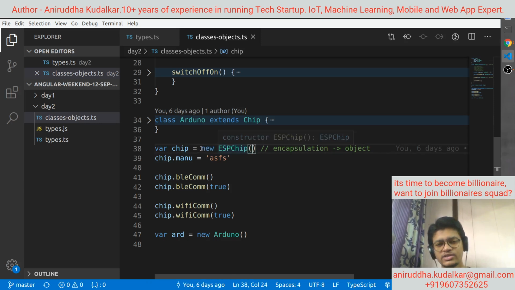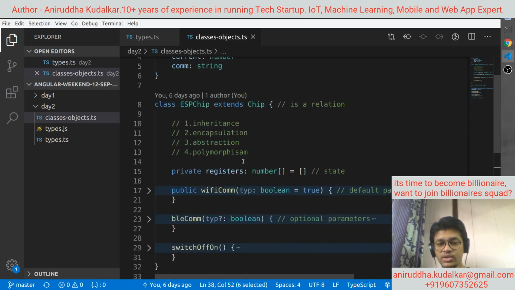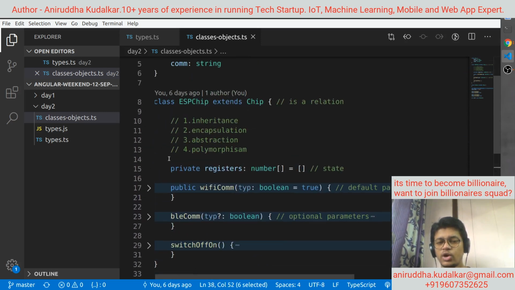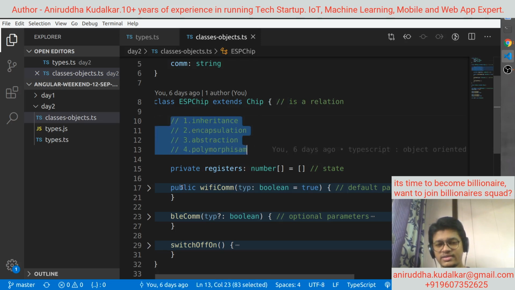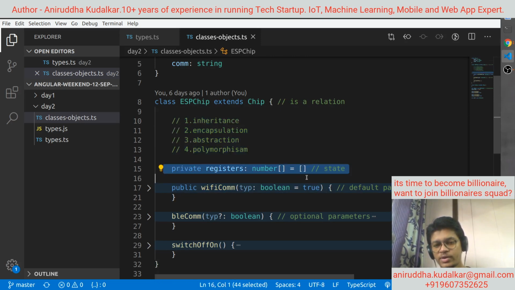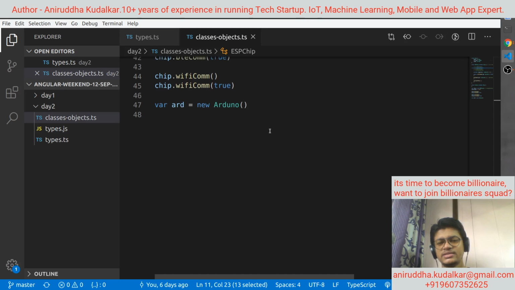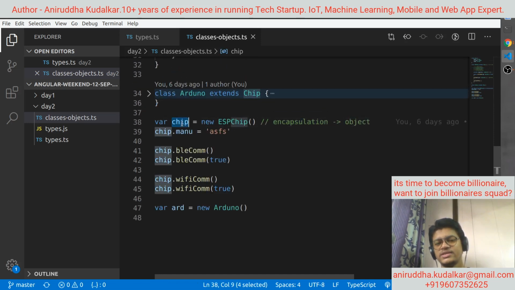And new plus constructor together is called an object. Whenever you do new plus constructor, it creates a capsule of your properties and data, and that's why it becomes encapsulation. So a complete usable object inside the memory is nothing but this object.